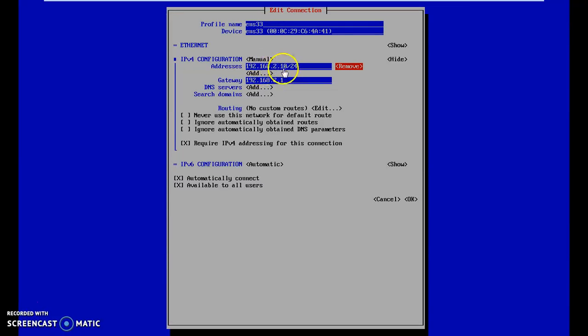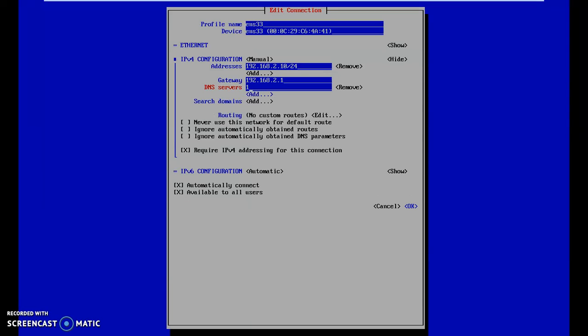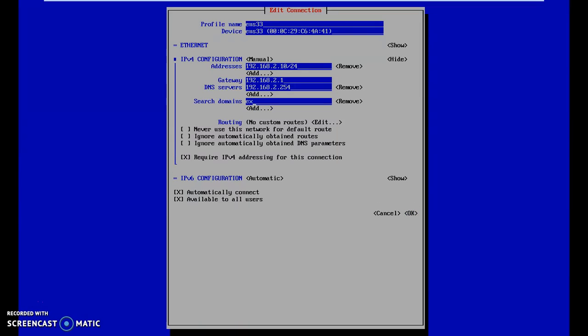You can see here the address has been set as 2.10/24, and you can also add the DNS server, the IP address, which I am giving as 192.168.2.254, and then search domains as example.com.